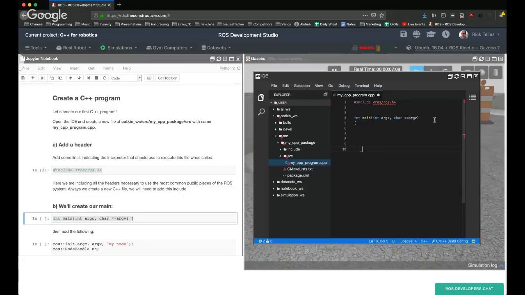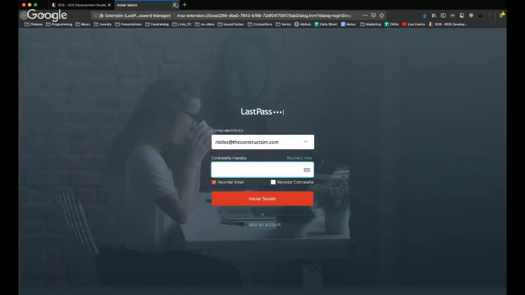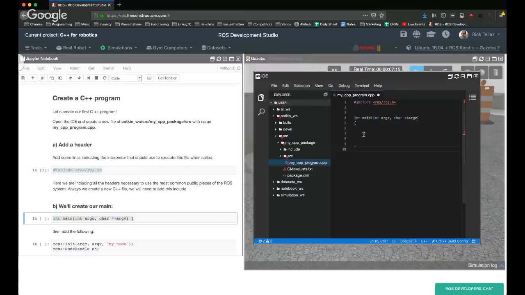And all the program has to be contained between brackets. So you can close the bracket. Oh, sorry, I pressed a different button. So here, you can press,